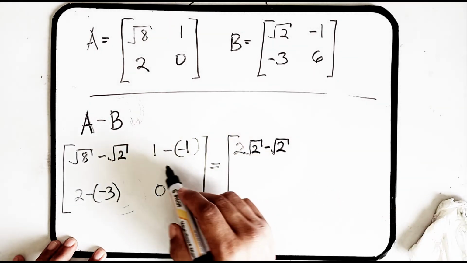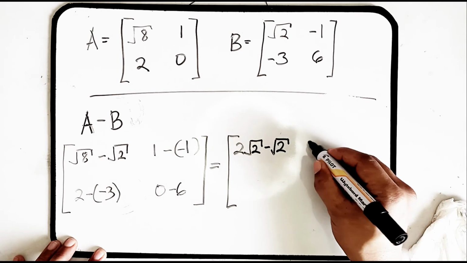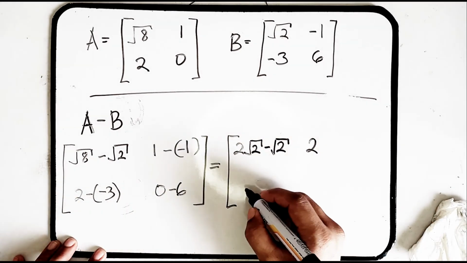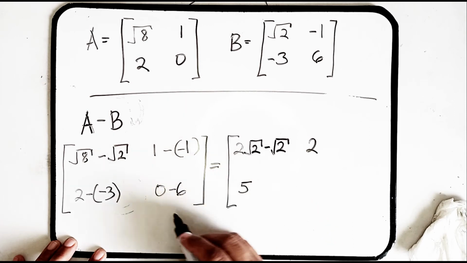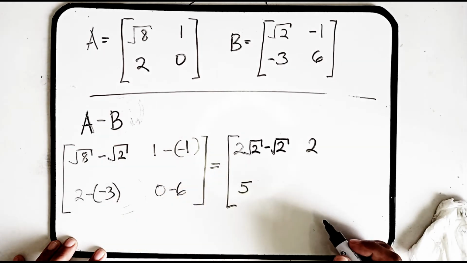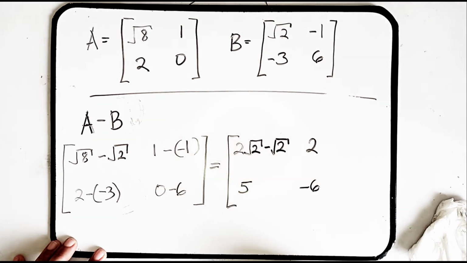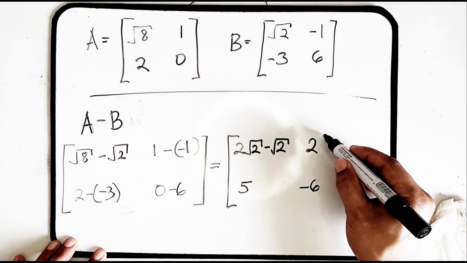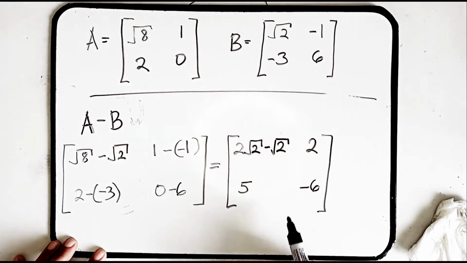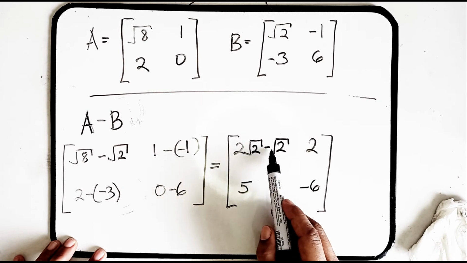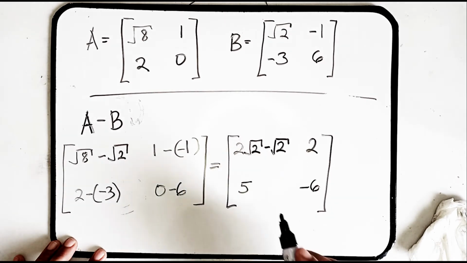And then this becomes 1 minus negative 1, this becomes 2. 2 minus negative 3, this becomes 5. And then 0 minus 6, this becomes negative 6. Okay, so we're not done yet, because we can still simplify this. 2 minus the invisible 1, it becomes 1. So meaning